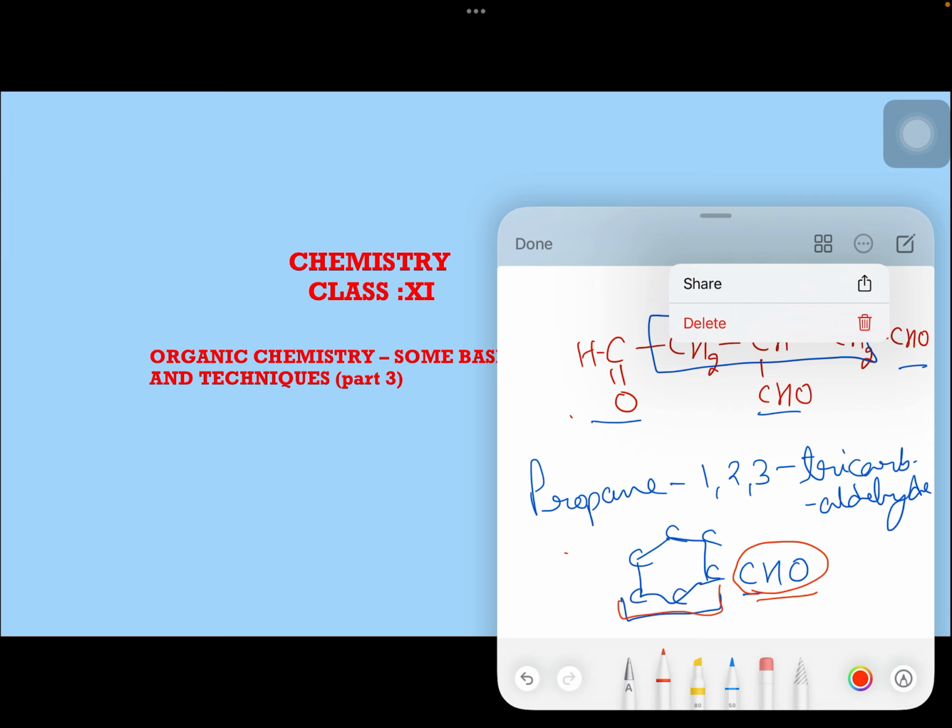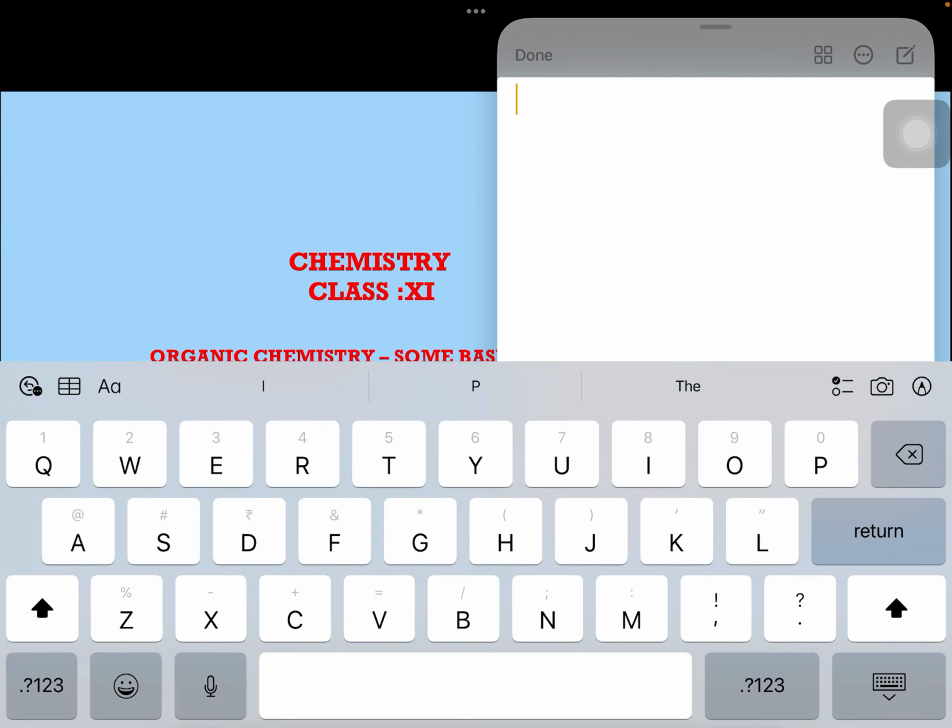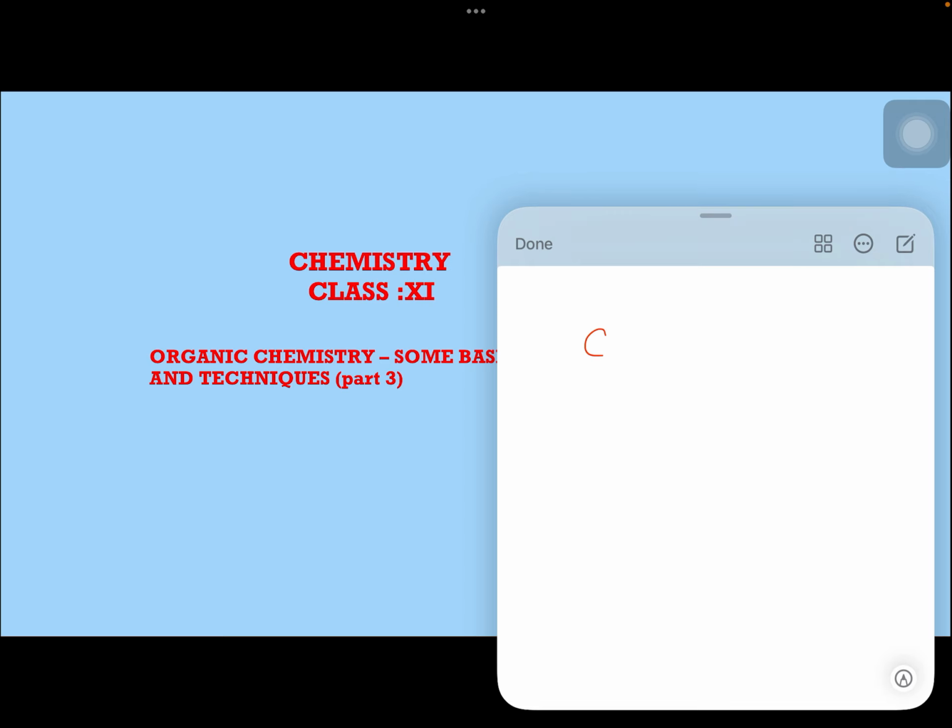I am taking one more example. If you have carboxylic acid, you simply see the number of carbons and you call it. If I take 3 carbons, it will be propanoic acid. If I take both the terminal carbons as the functional groups, so it will be butane 1, 4, because 1, 2, 3, 4, I am able to count 4 carbons like this. So it is butane 1, 4